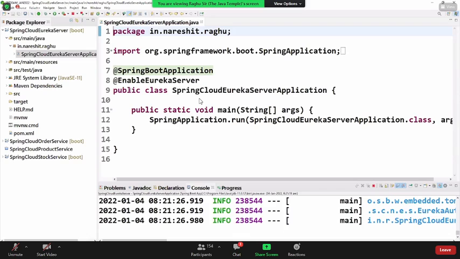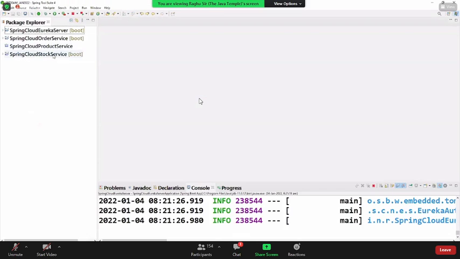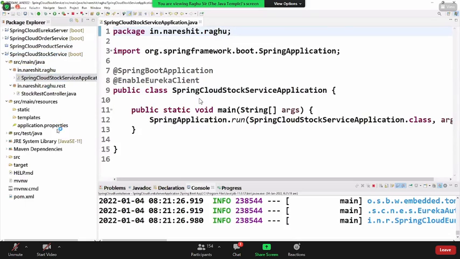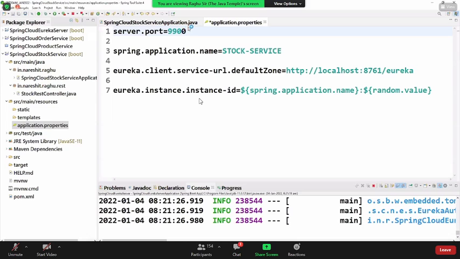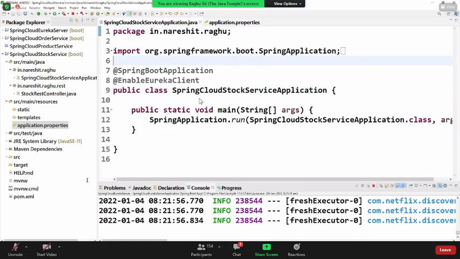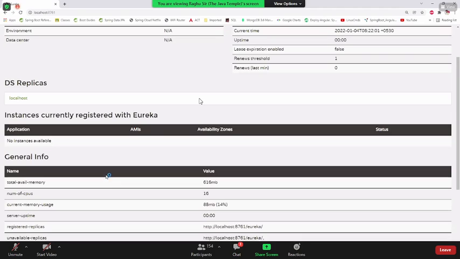Okay. This one, stock service, please look carefully. Stock service, changing the port number. Run this application, refresh.